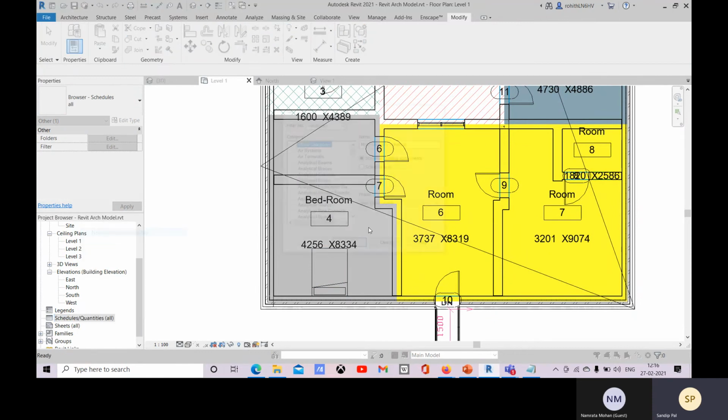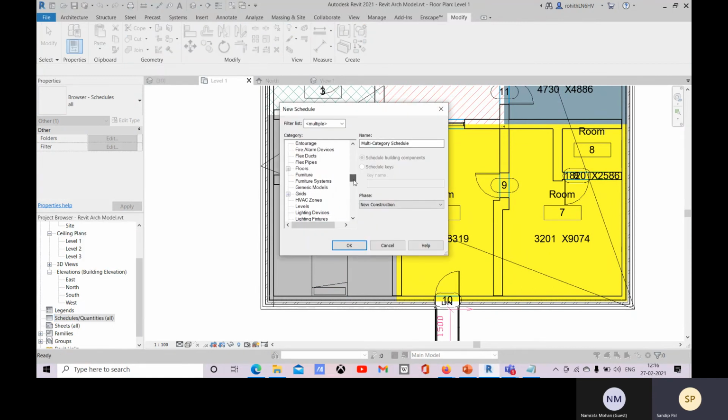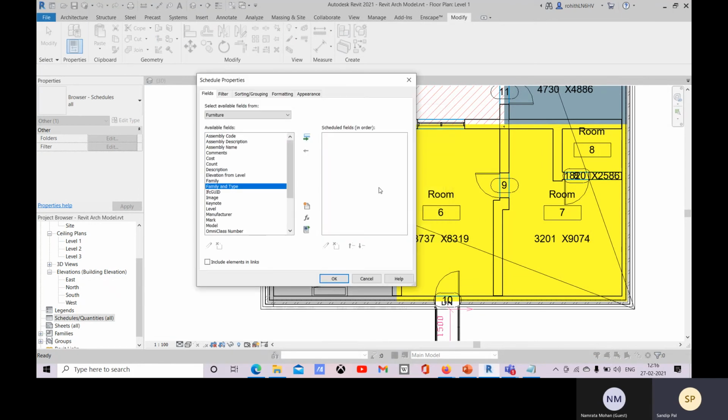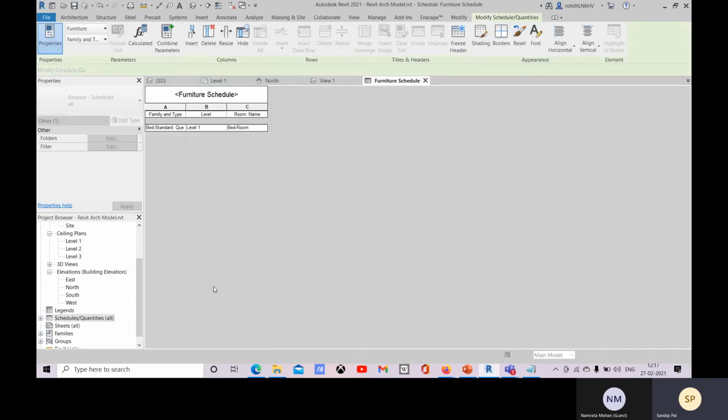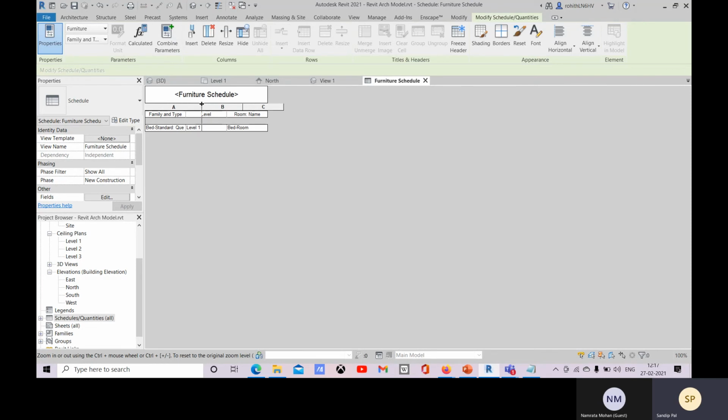If you go to the new schedule option and mention furniture schedule, click on OK, and family type, include label, you can include other properties, area and cost and count. We are going to keep it simple. Come to the room field, where you can give the room name and the room area if you need it. Let's go with the simple one, room name, and click on OK, and there you can see this is placed in this bedroom, without the room calculation option.